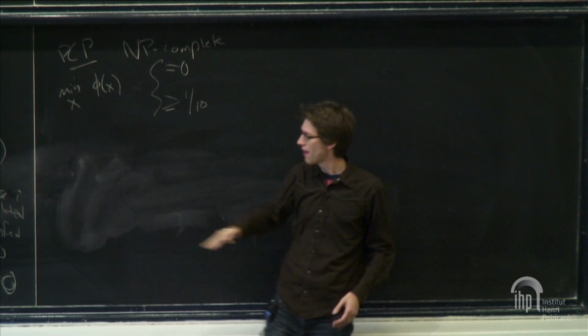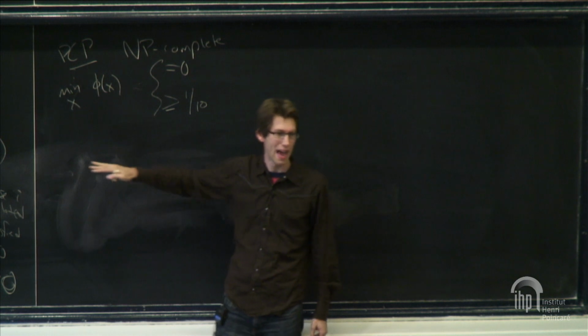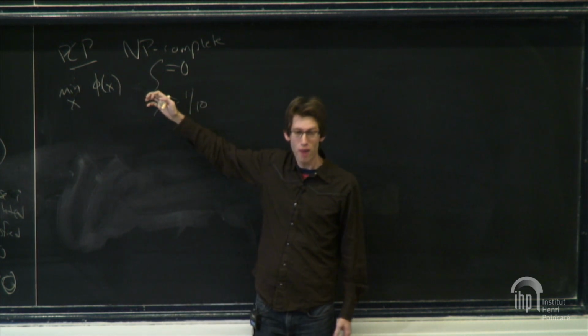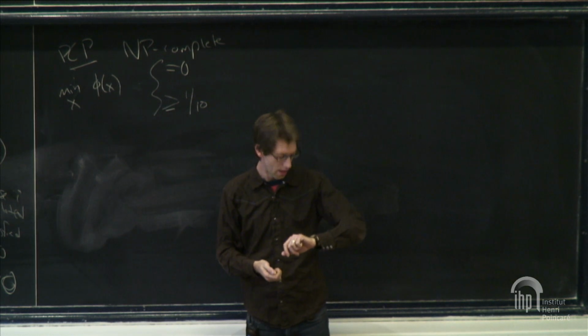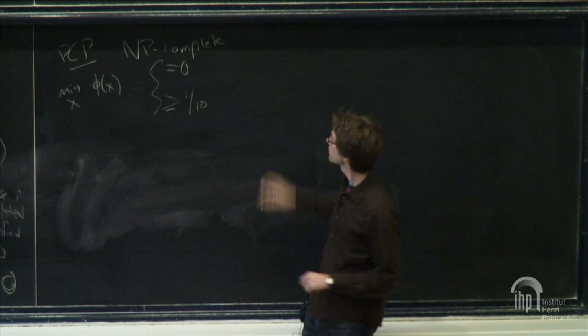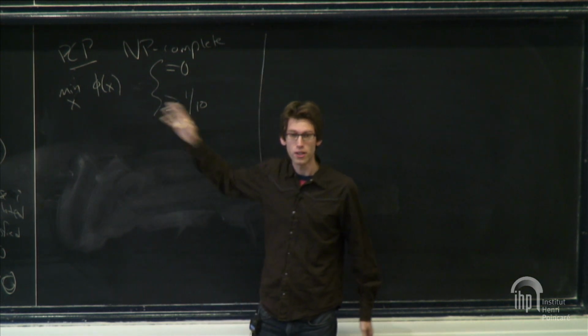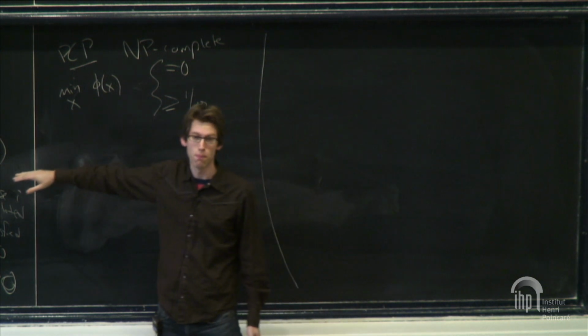In other words, if I have any formula of this form, I can reduce it to one of this form. So if I have a proof of something, I can translate it into a proof where the errors are readily apparent. Where if I just pick a clause at random with 1/10 chance, I will notice an error. So this is a great triumph of theoretical computer science. And what it means is that this problem is hard to approximate.